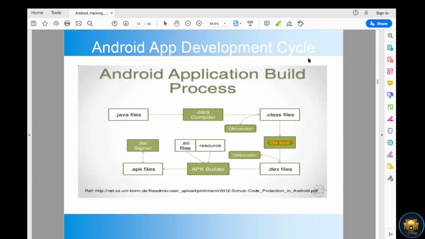So you can use the APK builder to build an APK file that contains all the required files, even the certificate of the application. After that, we use Java Signer to sign the application, so nobody can tamper with it. If someone tampers with this application, then the hash would not match the real hash. So here Java Signer is used to identify the owner of the application.